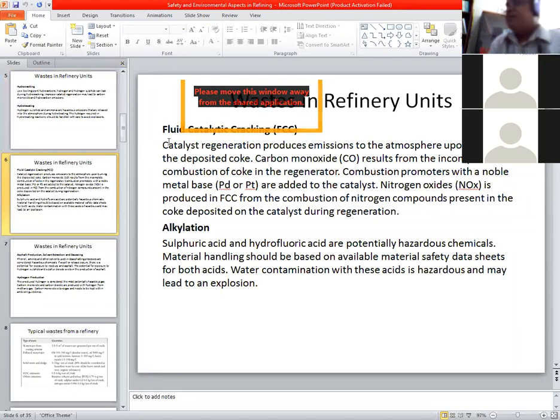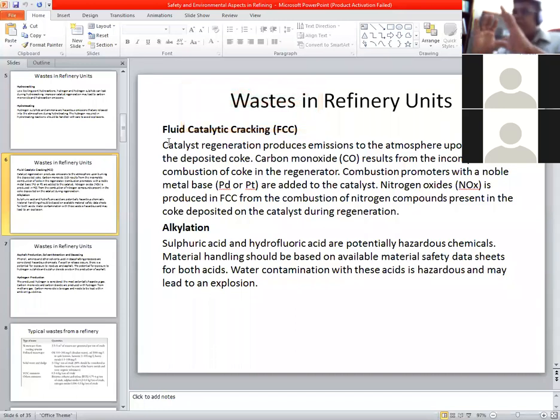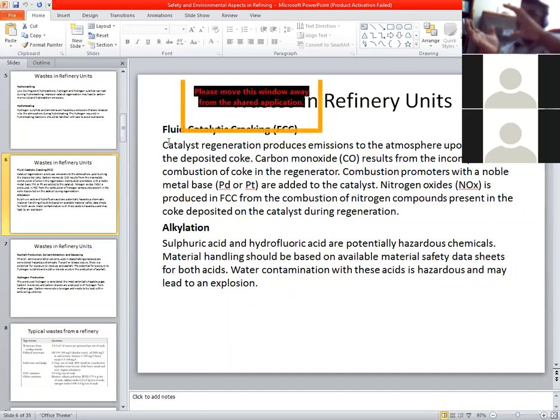In the FCC unit, we know that the hydrocarbon and catalyst are not in a fixed bed position. It is a fluidized bed. I think you might still recall. And another thing in the fluidized catalytic cracking unit, there is another unit, that is the regeneration unit. The catalyst becomes